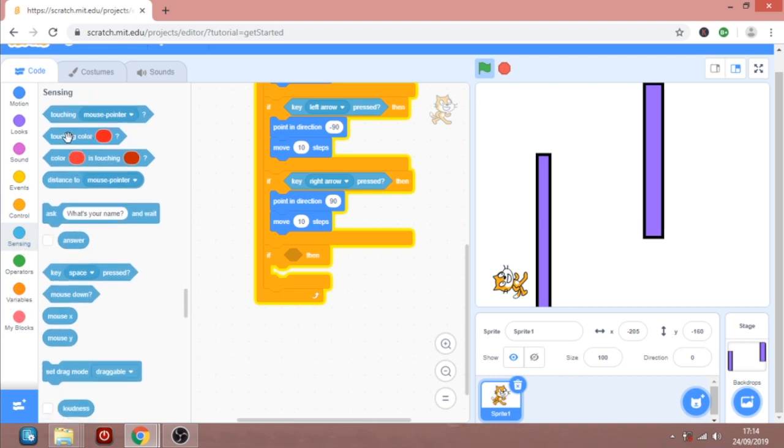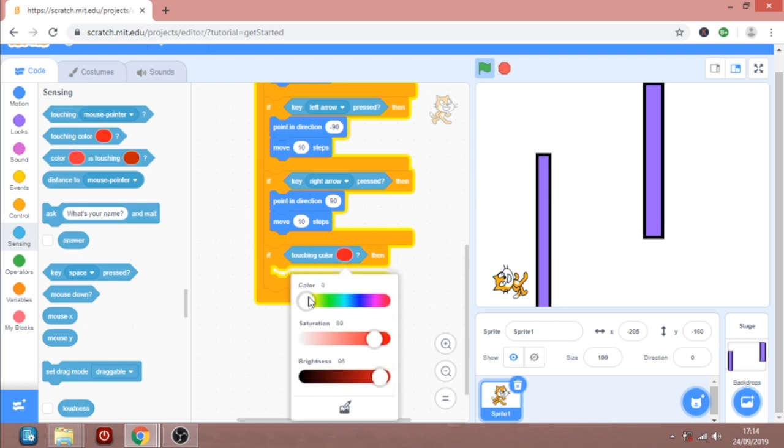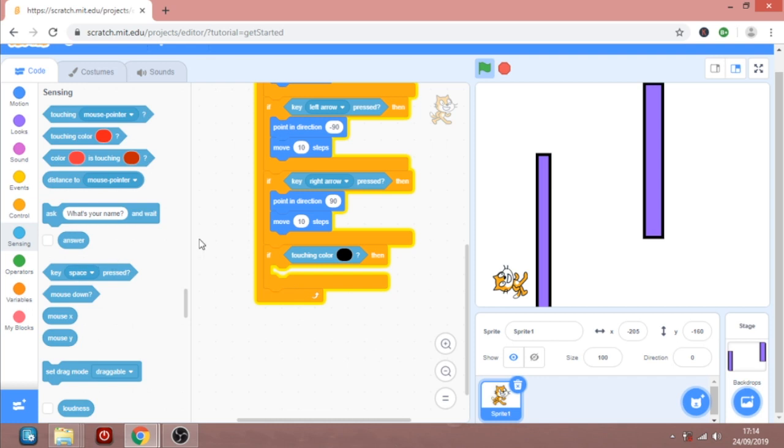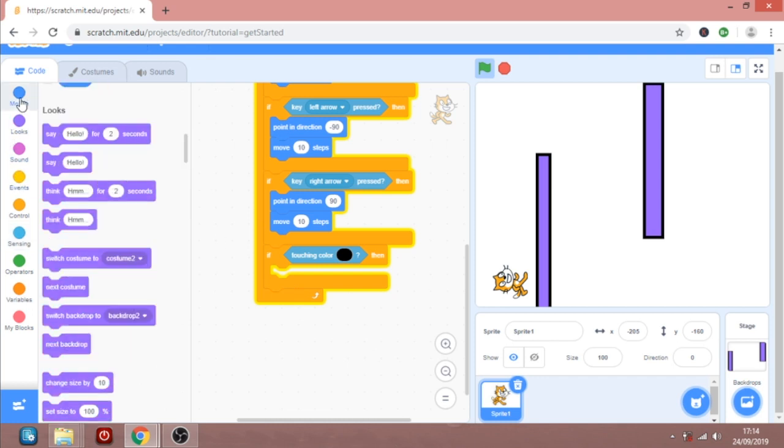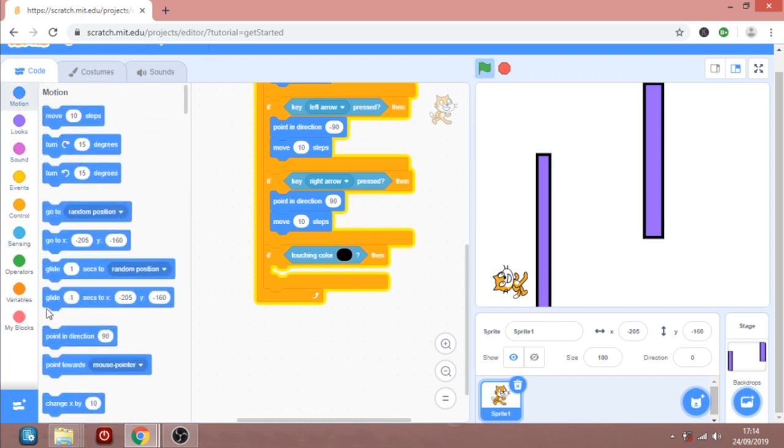If touching color, here it is going to be black, since all around is black. Okay, it's touching black, move back, go to motion, or let's say let's glide to that position,